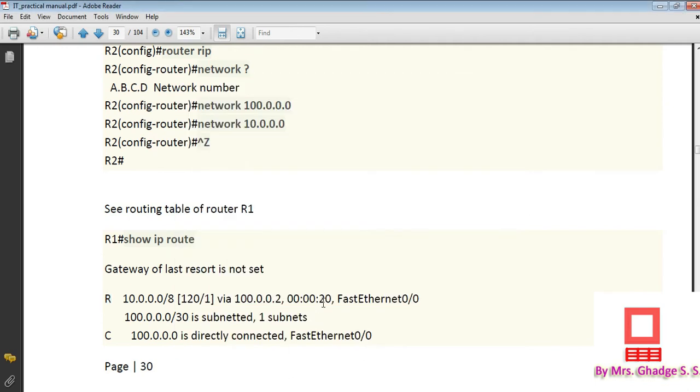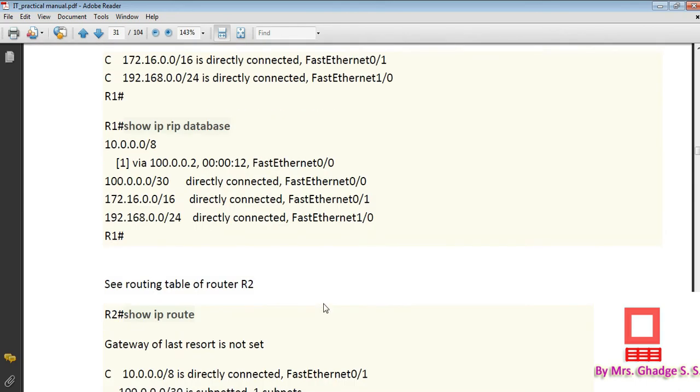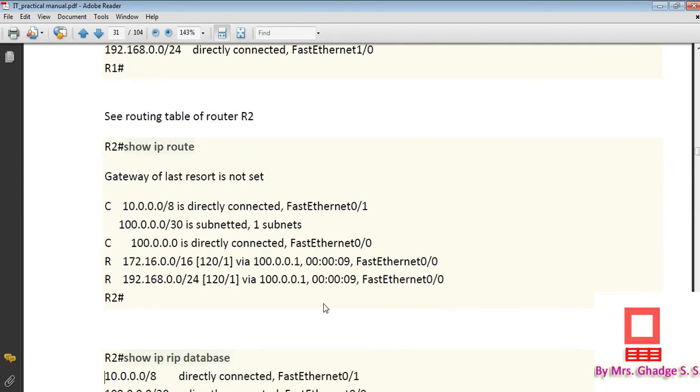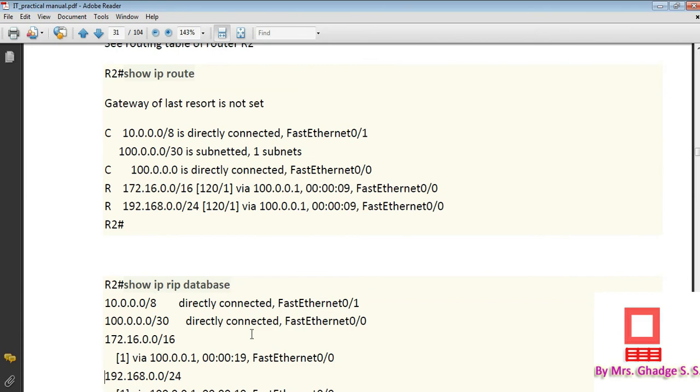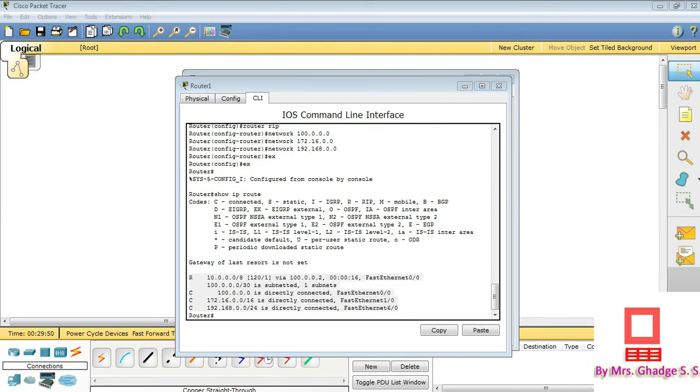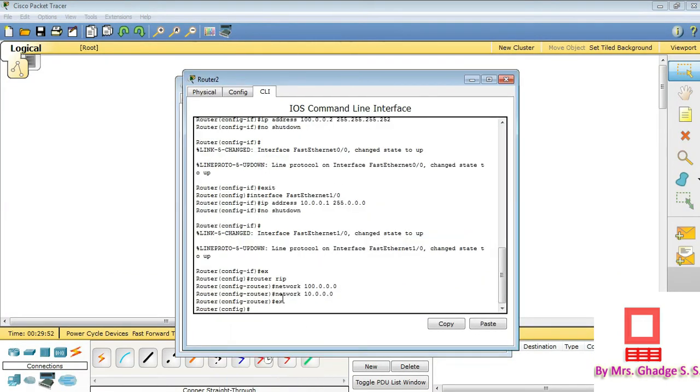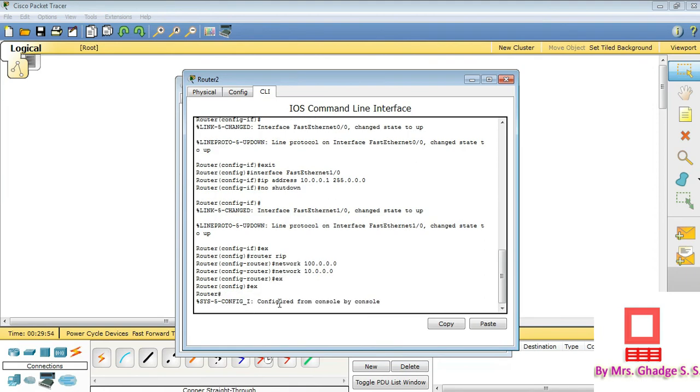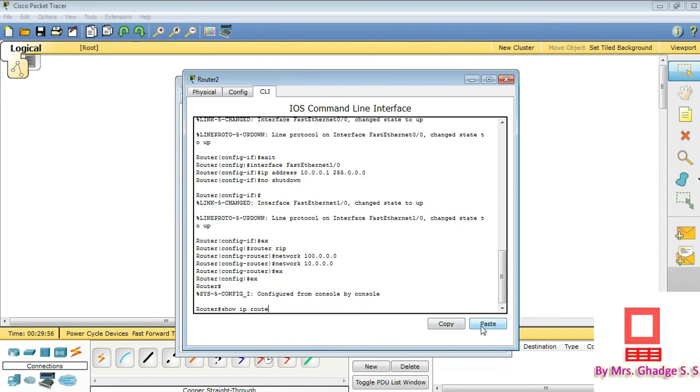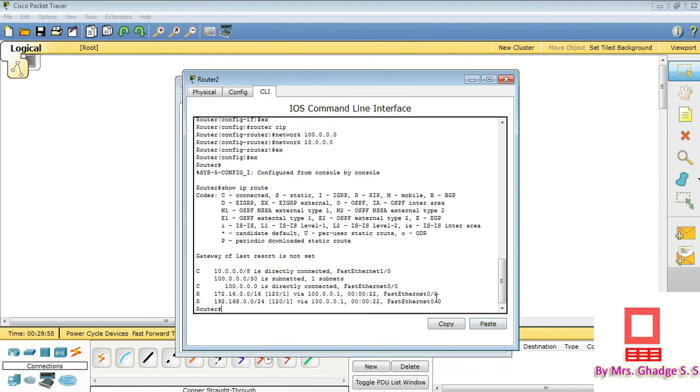Similarly, you can see the command show IP route on the second router. Just click on exit and write the command show IP route, press enter, and here you can see there are two directly connected networks and two networks connected via 100.0.0.1.